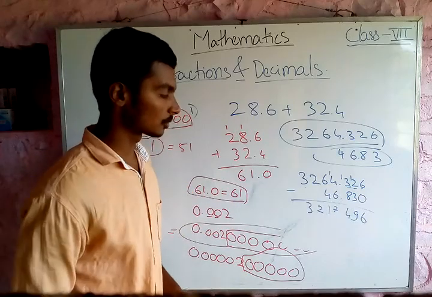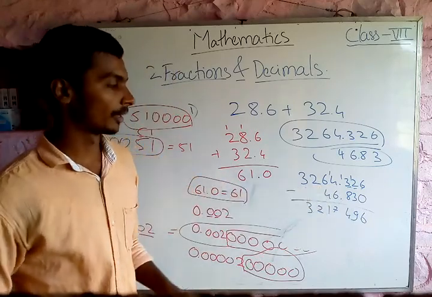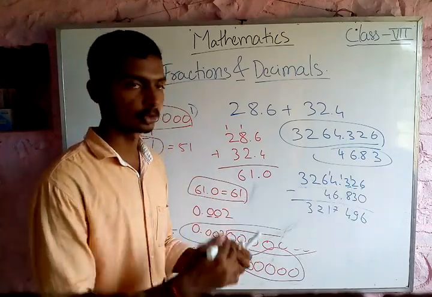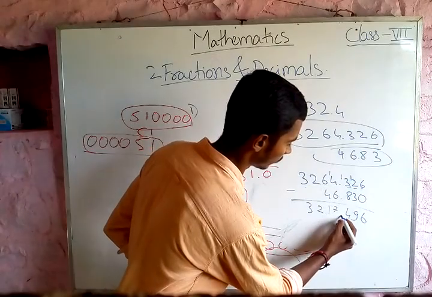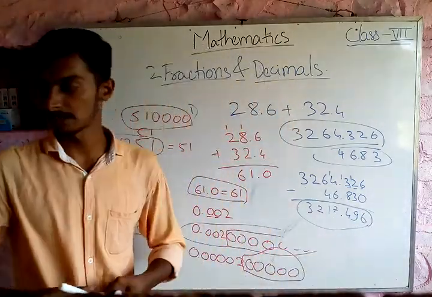In this case also we will place the decimal point similar to the operands. See, these operands have their decimal point before 3 digits, so the answer will also have a decimal point before 3 digits. Okay, this is how addition and subtraction is done.